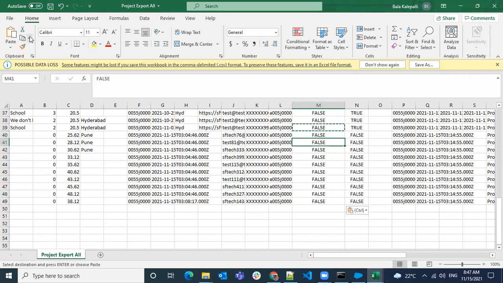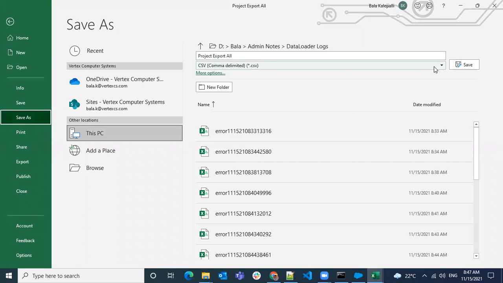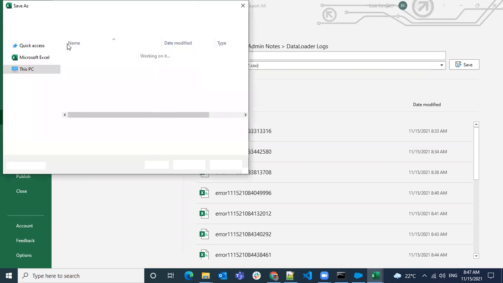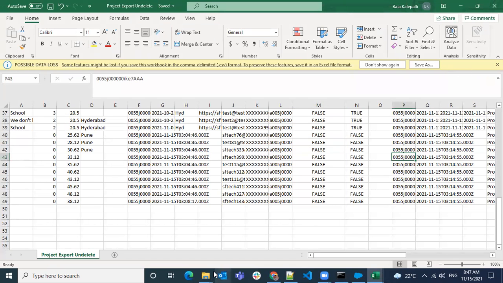Before I make the changes, I will show you how many records there are in the recycle bin, how many are in the object. Undelete, and store it on the desktop for now. Okay, fine.